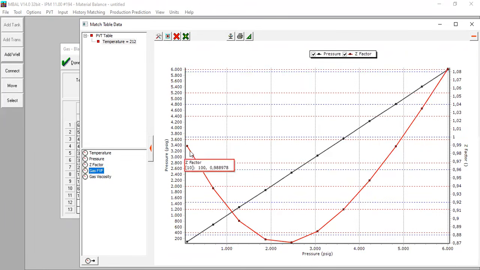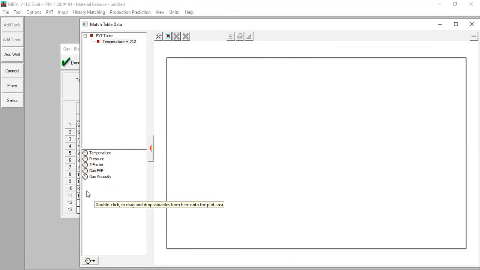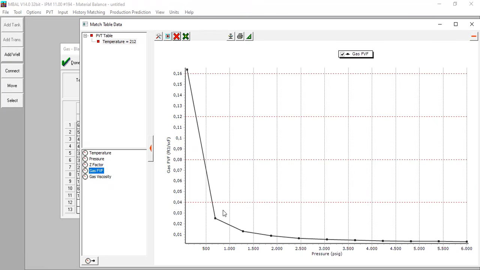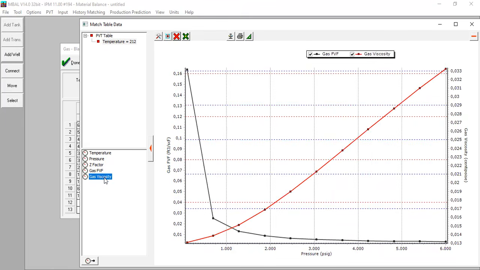And then we can only show 2 parameters with 2 axes here, pressure and Z factor. We can click this one, Remove All, to remove the plotted parameters. If you want to check the gas formation volume factor, select this one. You can see the gas formation volume factor. You can also check the gas viscosity. Double click.